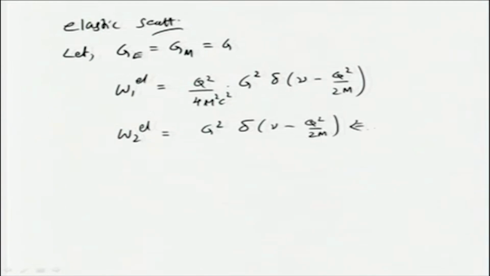This is because (G_E² + τ G_M²)/(1 + τ) is essentially equal to G², as 1 plus τ cancels. Okay. Now, G² is a function of q². So, we have this expression here, keep that in mind, and let us go to the case of point